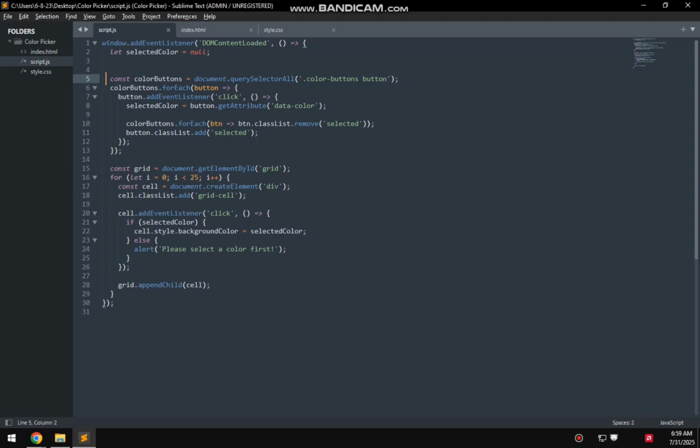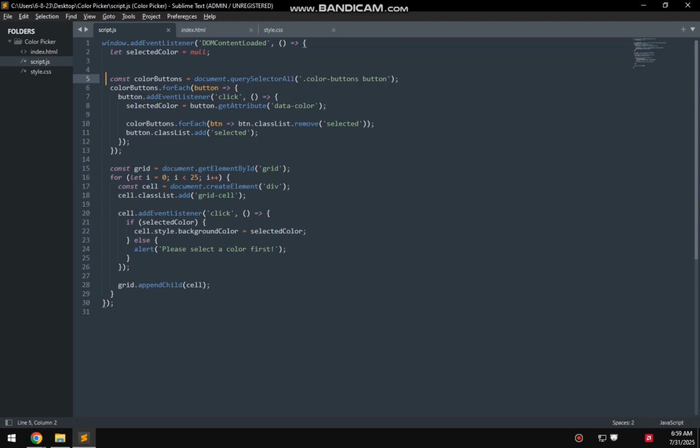This loop iterates over each color button and attaches a click event listener to each button. When the user clicks a button, the color of the clicked button is retrieved